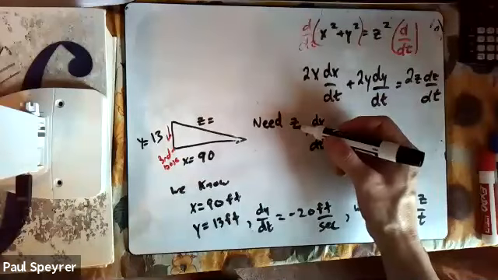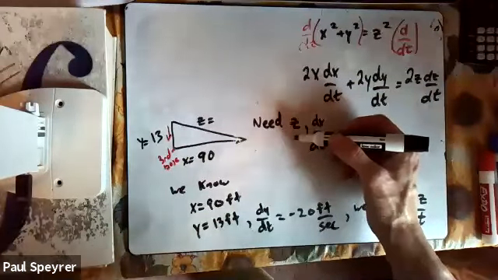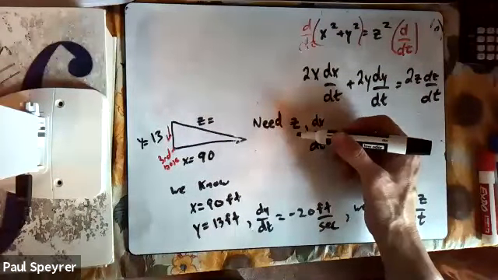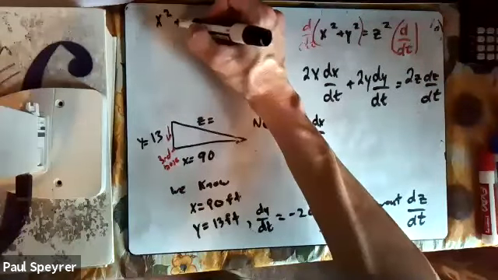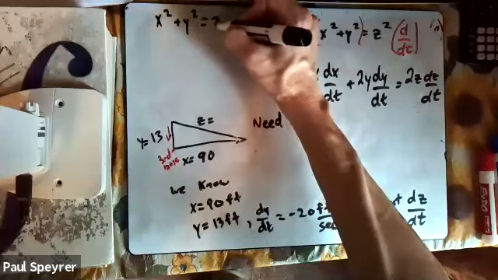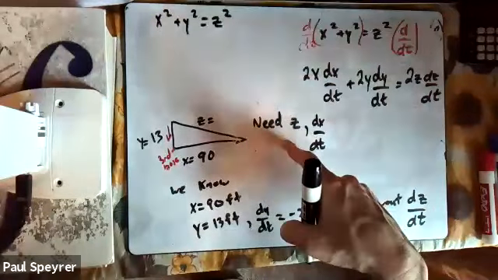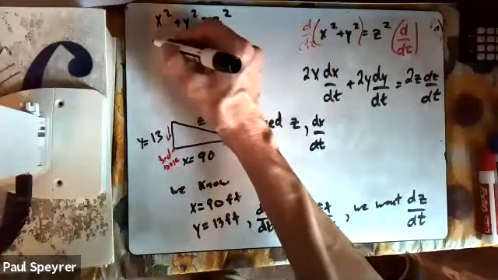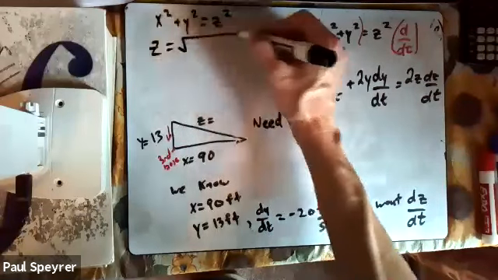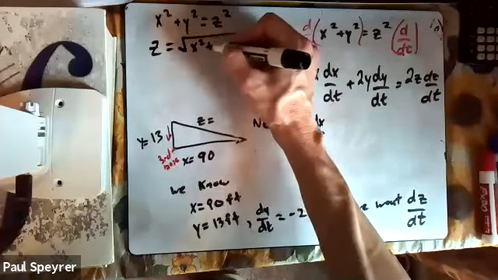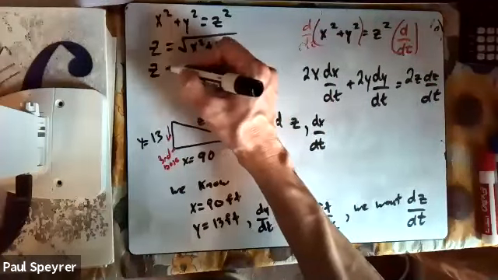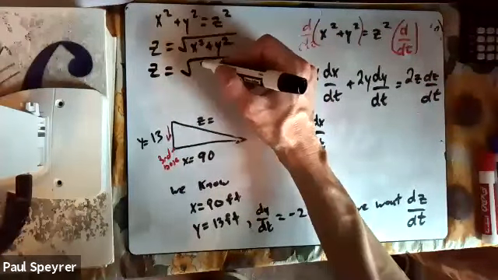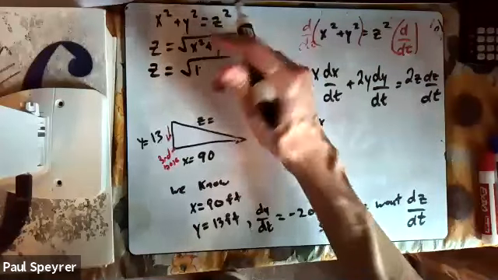Well, how can we find z? Remember with the ladder problem, we were missing, I believe it was y, right? How do we do that with the Pythagorean theorem? X squared plus y squared equals z squared. If we need z, we can say z is equal to the square root of x squared plus y squared, because we have x and y. We have z equals the square root of 90 squared